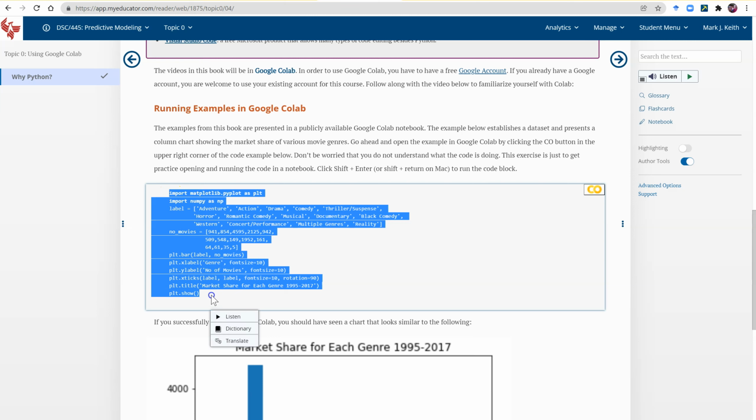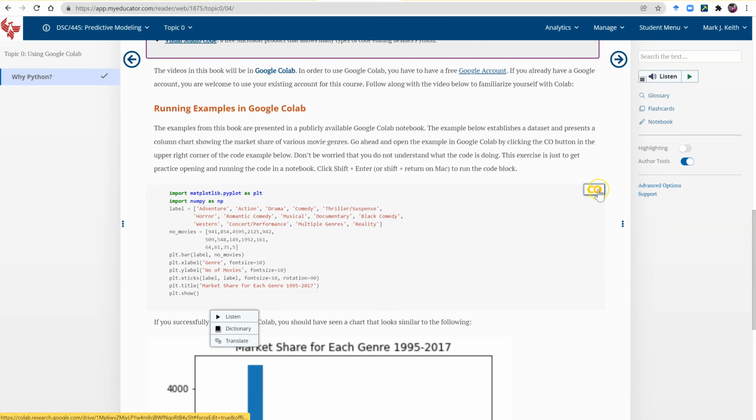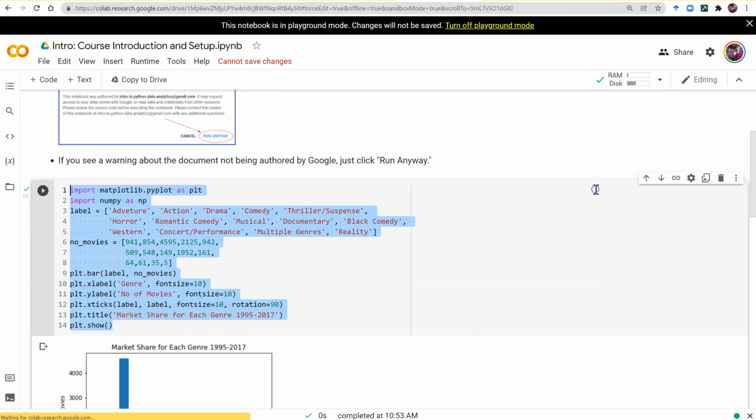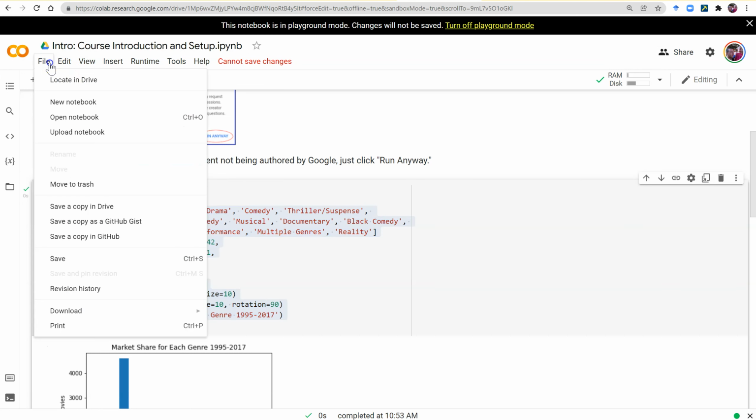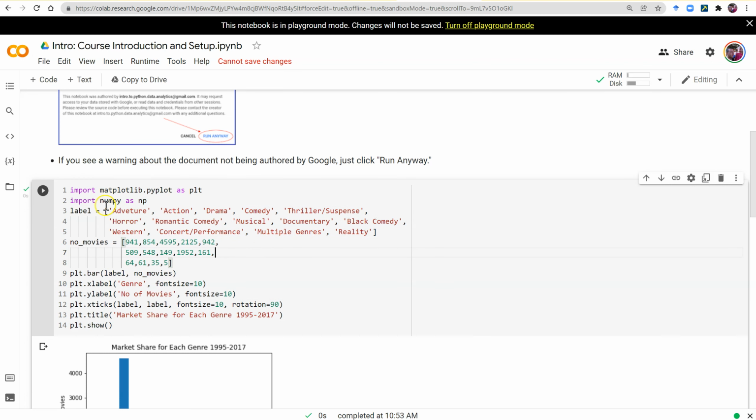Each one of these code blocks has a link in the upper right corner, well, most of them do, to the actual Google Colab file that I use to create the code for the book. So you can look at my files, and you can also save a copy in Drive, save it as something else, and keep a copy of all these for your reference. Now, while that's totally fine, I would caution against doing that for everything,